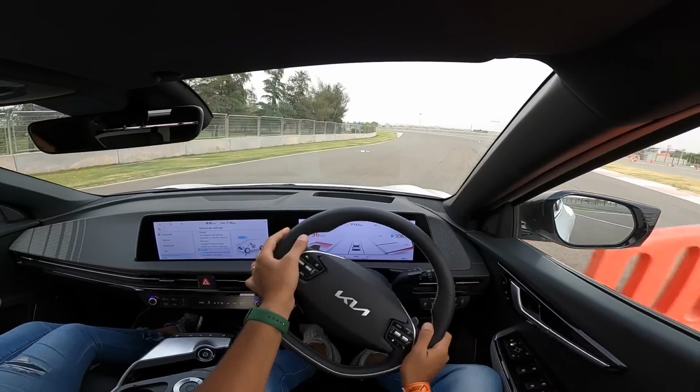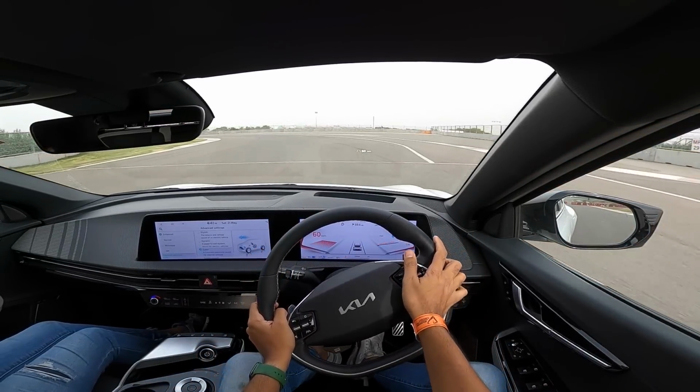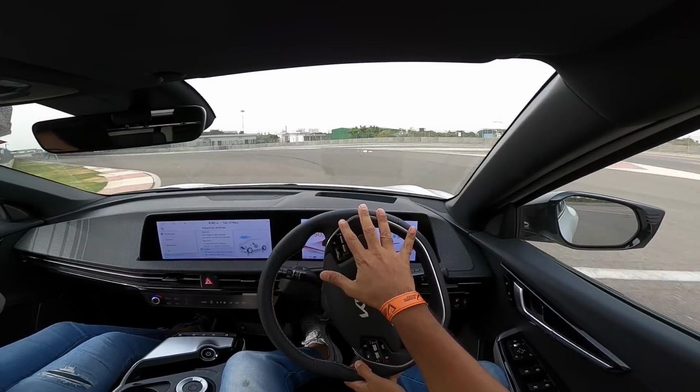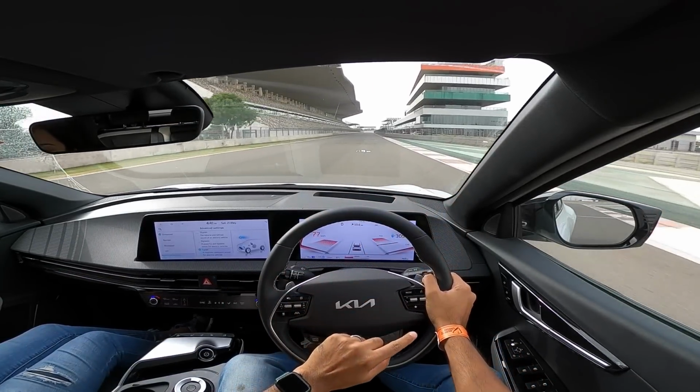But then comes the pricing, which is definitely going to be on the higher side, because this is going to come to India via the CBU route, and that means that this is going to cost around 60 lakhs or so. Now this is obviously the twin of the Hyundai Ioniq,